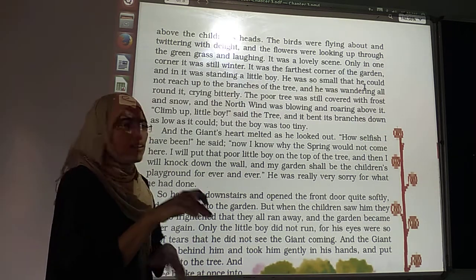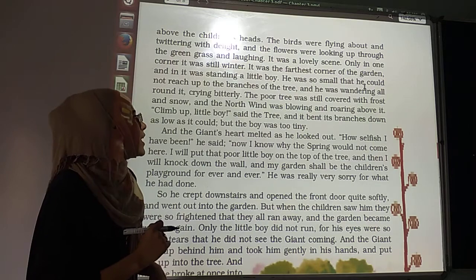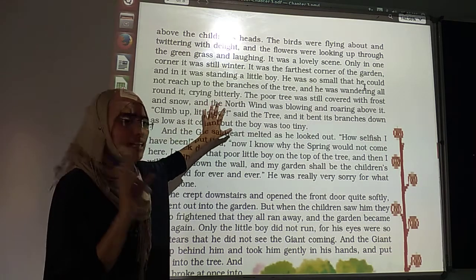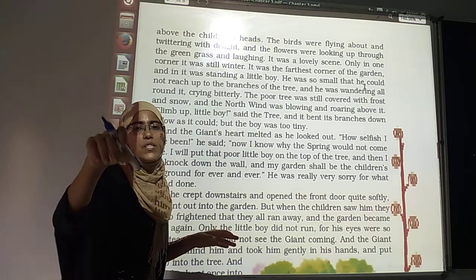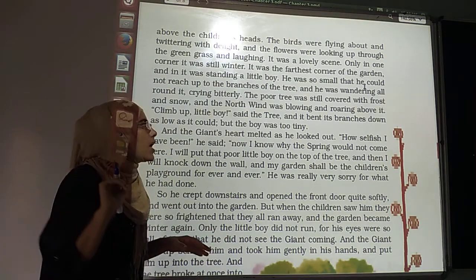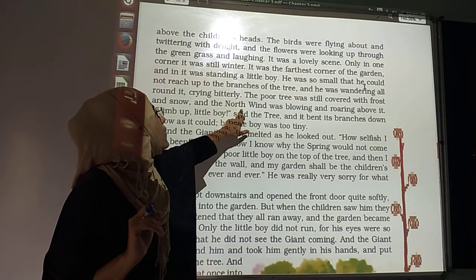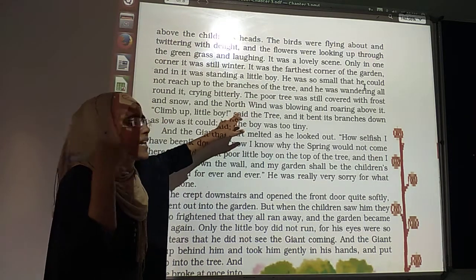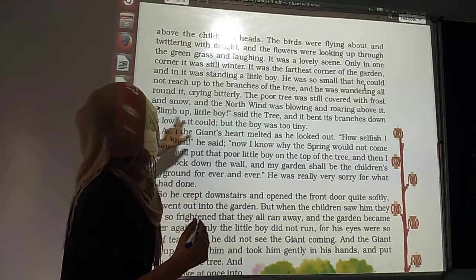Only in that corner, and the boy was crying very bitterly. The trees there are covered with snow, and the north wind is blowing there, making loud noise.